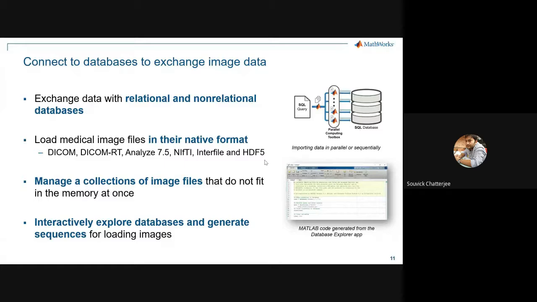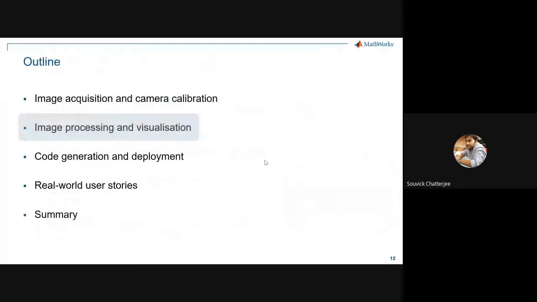So when you are accessing images, one way is through camera integration, and the other is from a file server or a cluster where you have all these things saved.